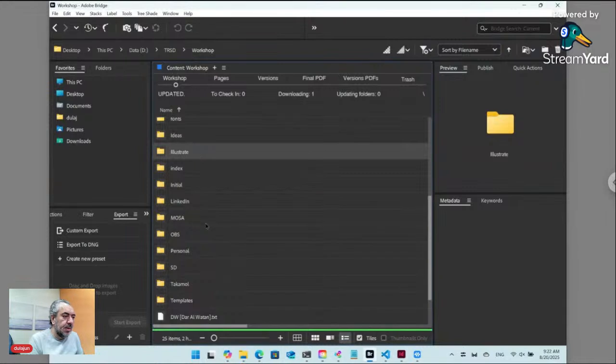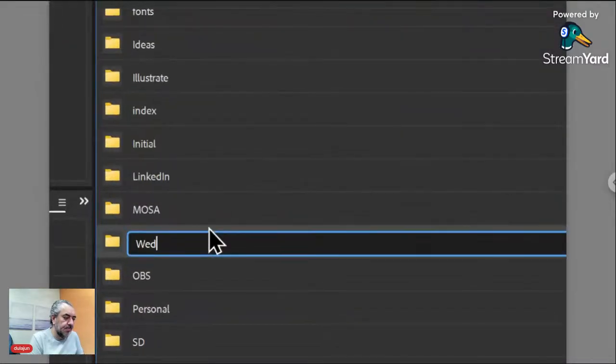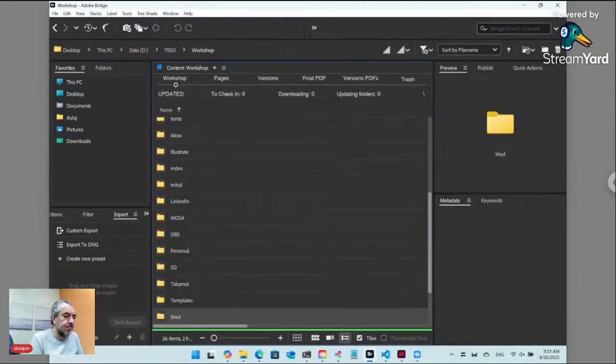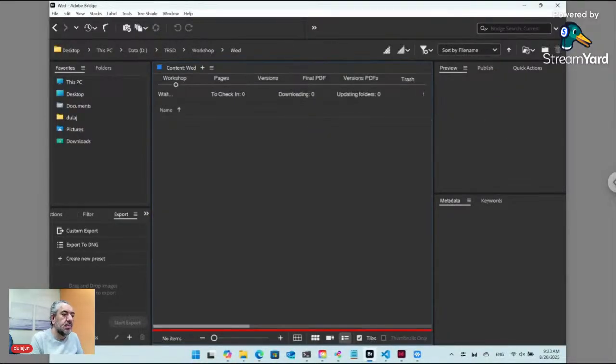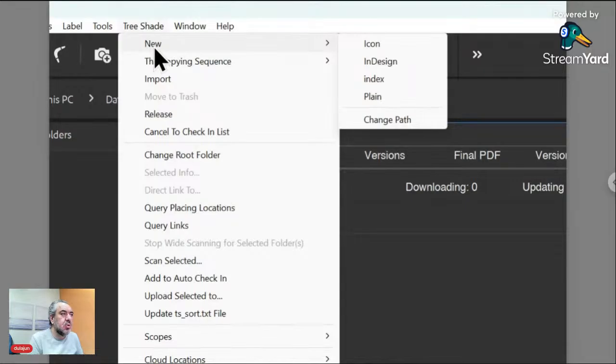So now let's create a new folder. Let's name WED Wednesday. And open it. And here in TreeShade menu, you will have command called new at first here. And this command reveals files as templates files